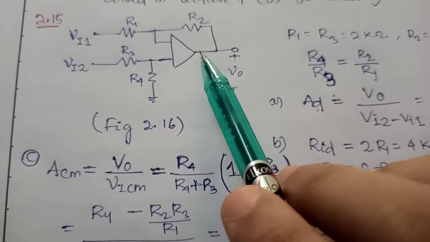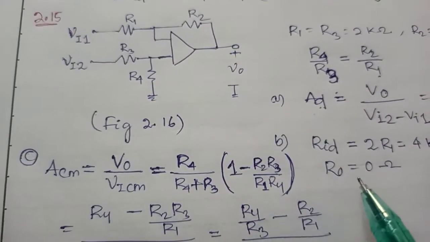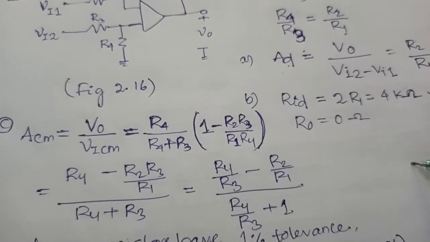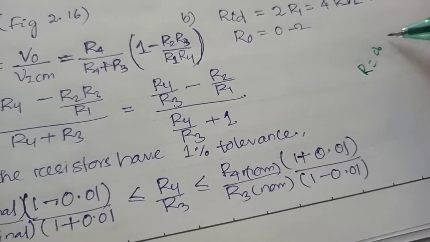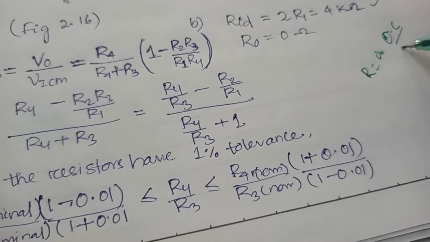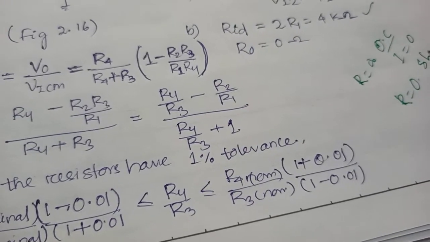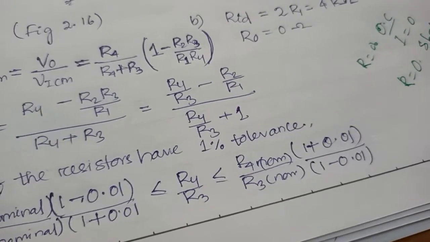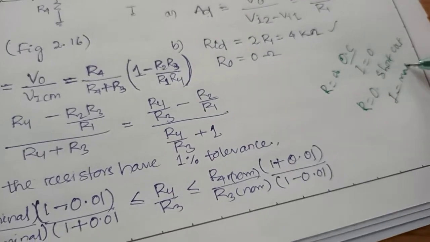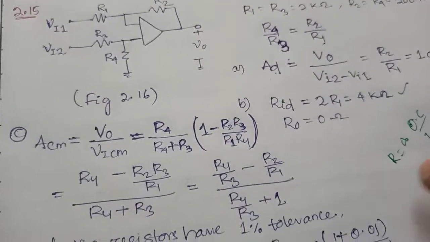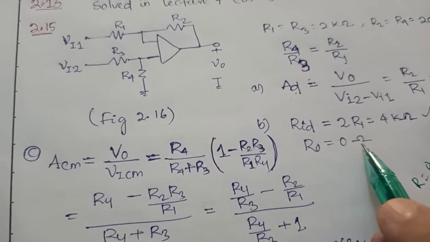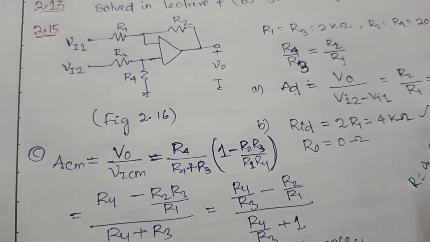Short circuit means maximum current will flow. And if our resistance value is infinite, it means it is an open circuit, and open circuit means my current is 0. When our resistor is 0, it means short circuit, and short circuit means maximum current will flow. Okay, so based on that concept my R output is equal to 0 ohm. For an op-amp we know our output resistance is 0 ohm.